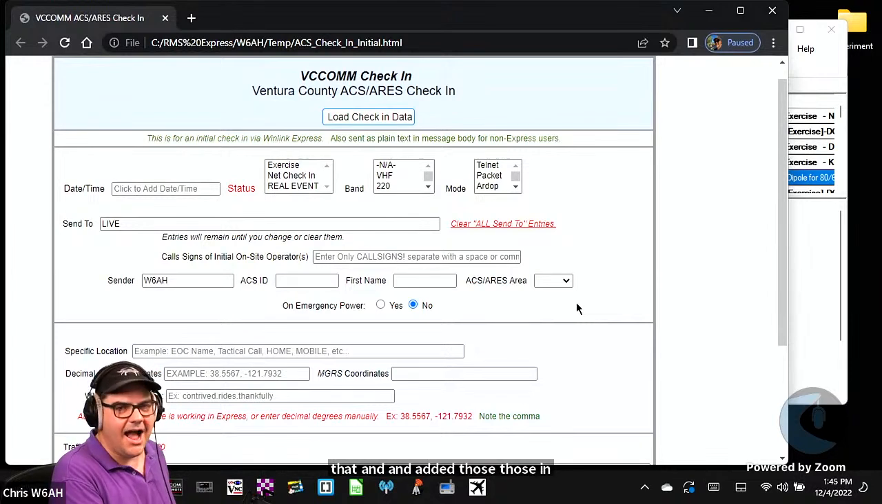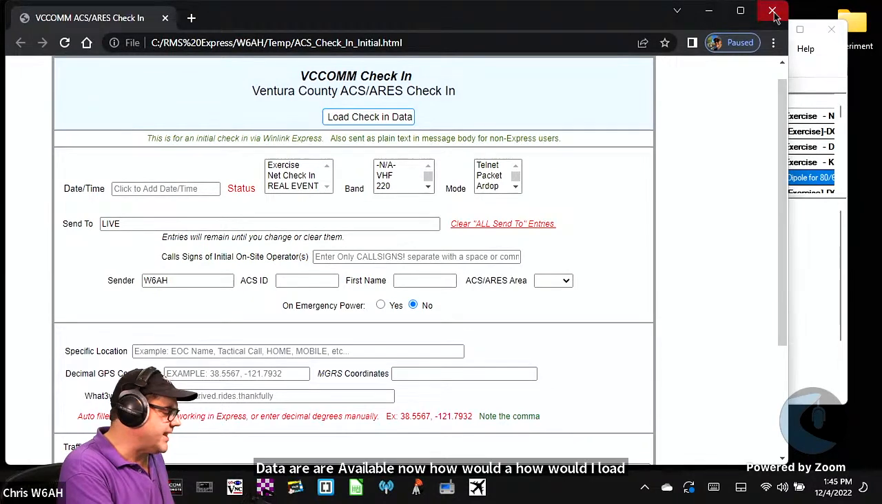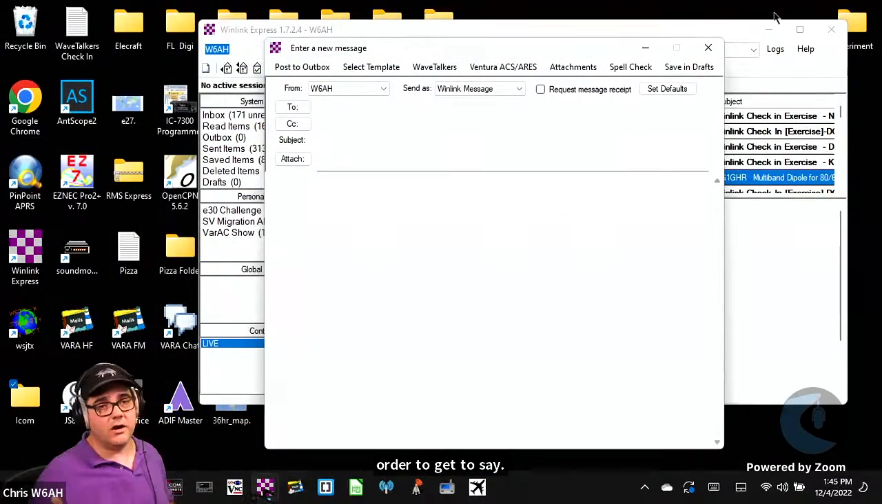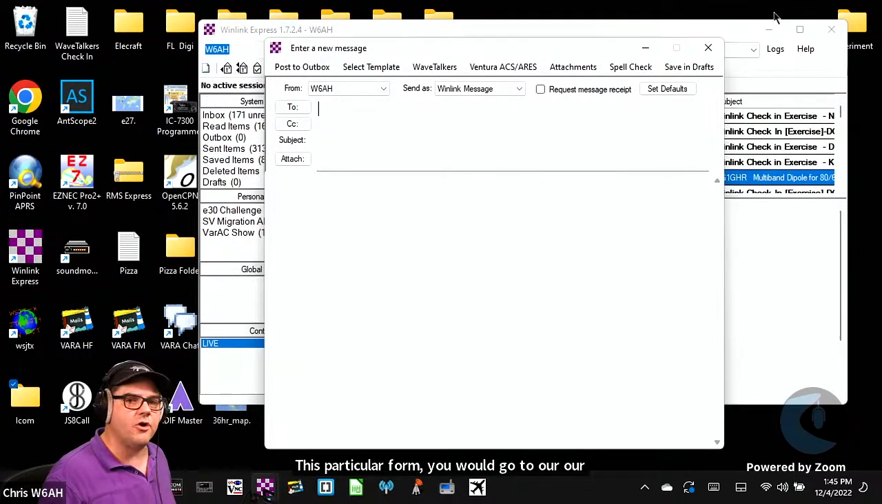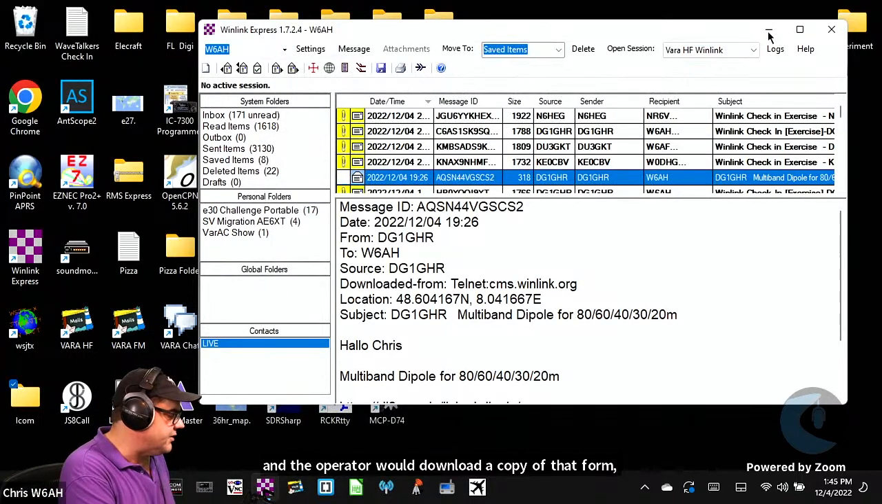Now, how would I load this? How would you load something like this? Well, in order to get to, say, this particular form, you would go to our website, and the operator would download a copy of that form. And there's a set of instructions, and the instructions say that what you want to do in order to create